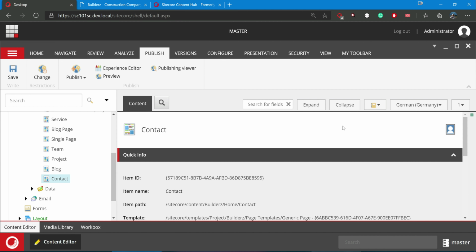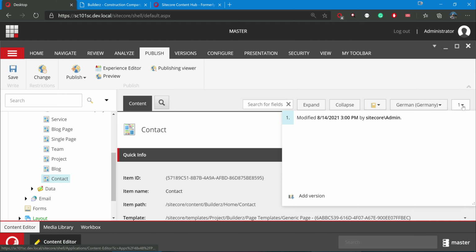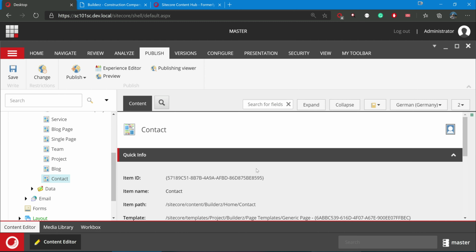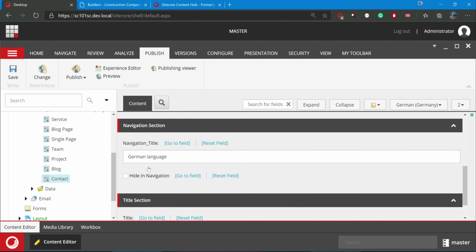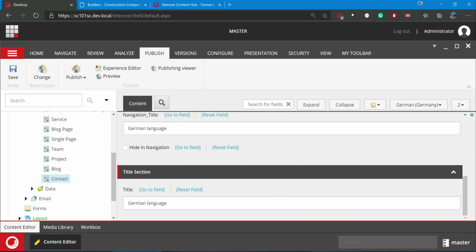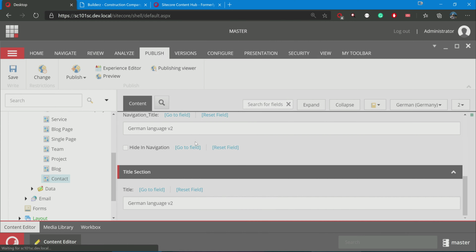And again, we can create another version. See here, this is in German, and if I click add version, it will be added, and you can notice that the German language version is copied over. So I can now make V2 and V2, save it and publish.